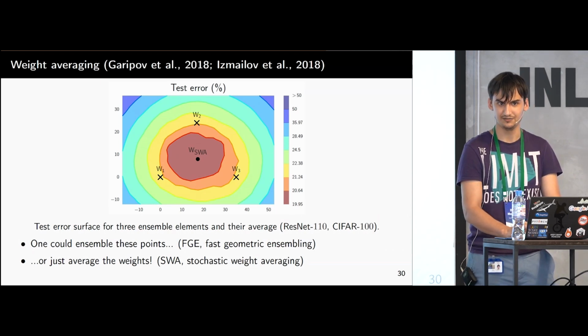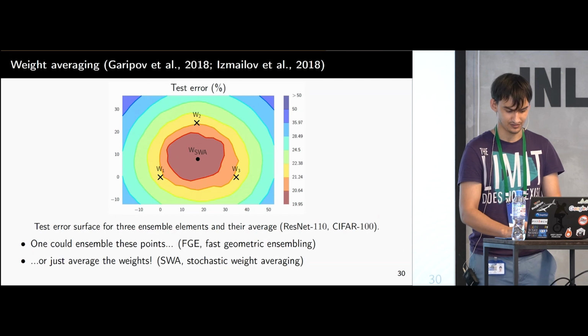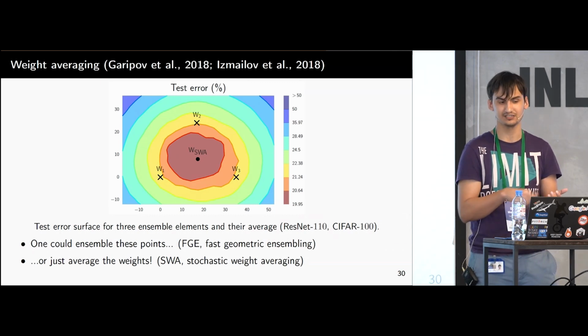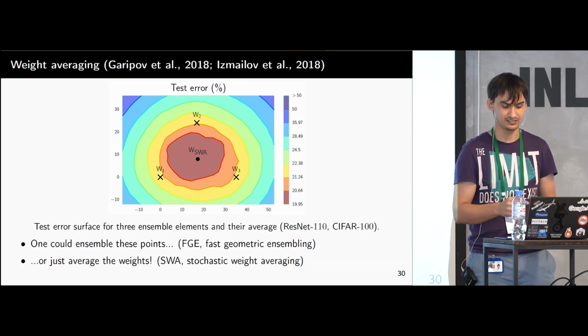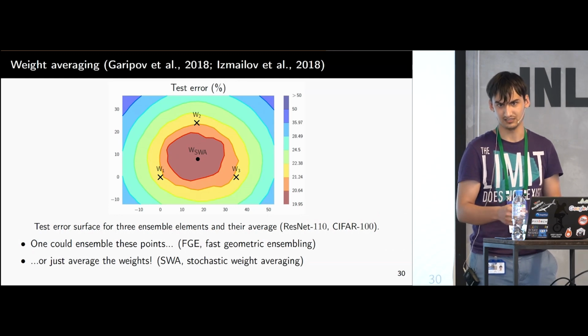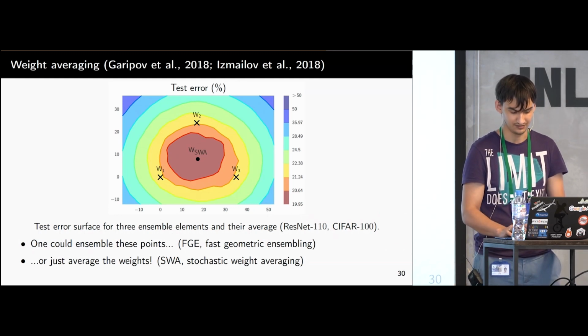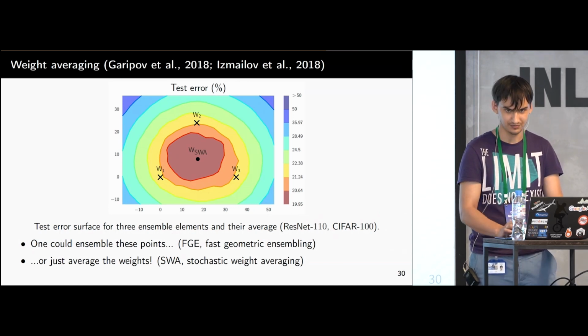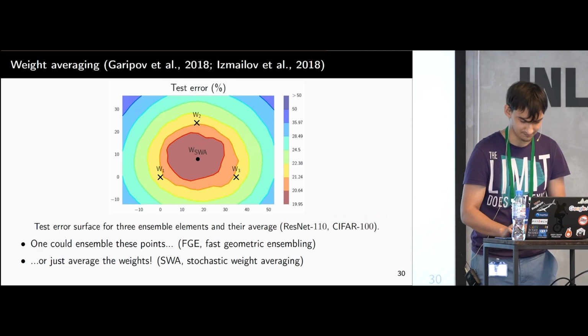As they're different, you can, of course, ensemble them, and this is called fast geometric ensembling. Or, as these weights are very close to each other and come from the same local optimum, there are no barriers between these points, so you can just average the weights instead as a simple approximation to ensembling. This is called stochastic weight averaging. This is a super simple procedure that is surprisingly